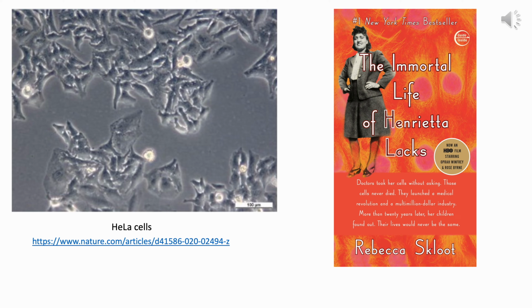Now, immortalized cell lines are not the same as stem cells. Stem cells also have the capacity to divide indefinitely, but they are part of the natural development of a multicellular organism. There are several methods for the generation of immortalized cell lines, the most common one being the derivative of a natural cancer. Now, the oldest of such immortalized cells is the HeLa cell line. These were derived from the cervical cancer cells from the patient Henrietta Lacks, who died in 1951, after whom the cell line, the He and La, is named.